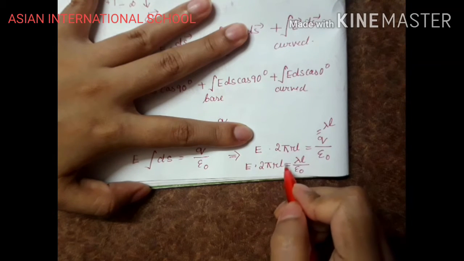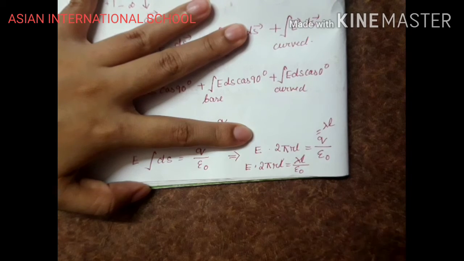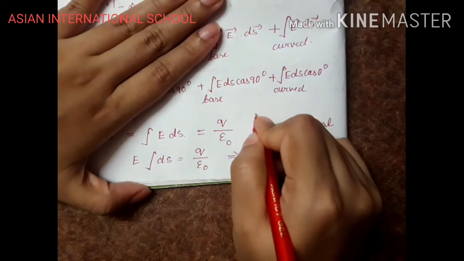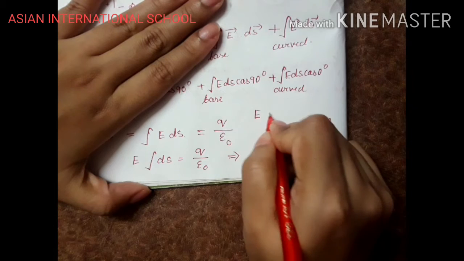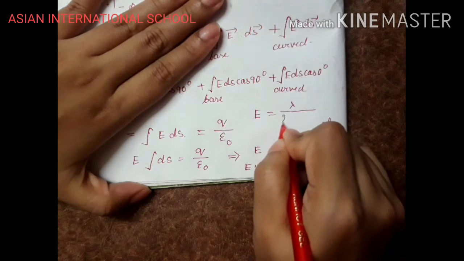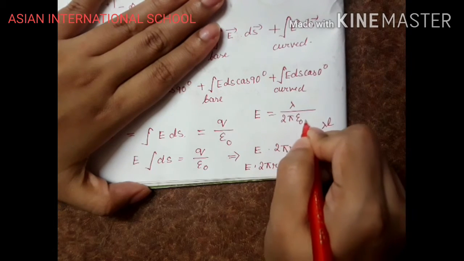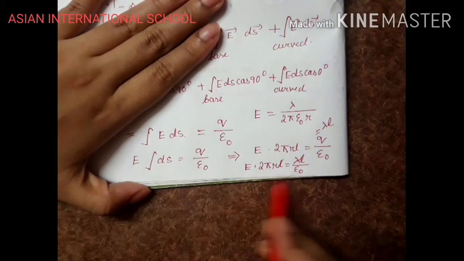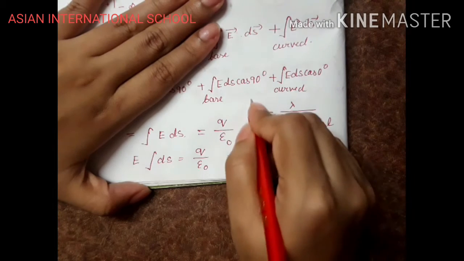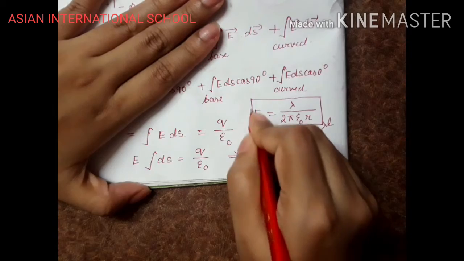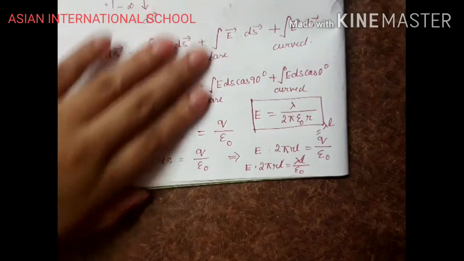So L and L get cancelled out. Hence we get the net electric field. I am writing it here: E equals lambda by 2 pi epsilon naught r. Okay, 2 pi epsilon naught r. So this is your net electric field for an infinite